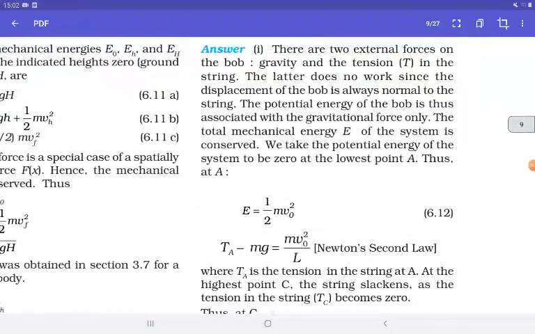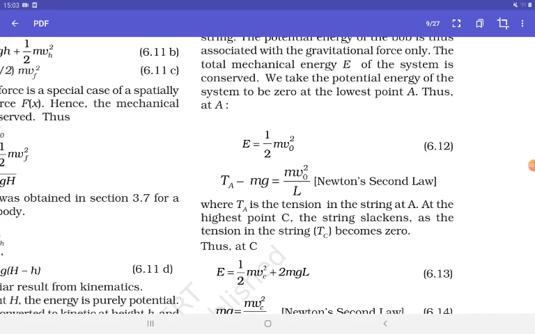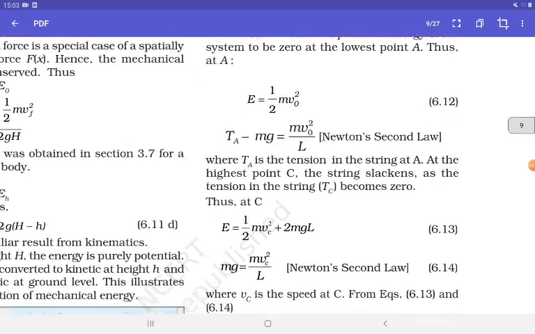This is quite easy. There are two external forces on the bob, that is gravity and the tension in the string. The latter does no work since the displacement of the bob is always normal to the string. The potential energy of the bob is thus associated with the gravitational force only. The total mechanical energy E of the system is conserved. We take the potential energy ... that T_A − mg = mv_0²/L, where T_A is the tension in the string